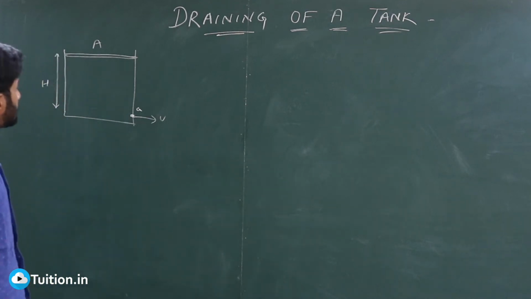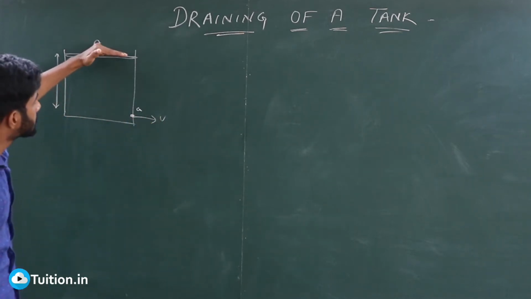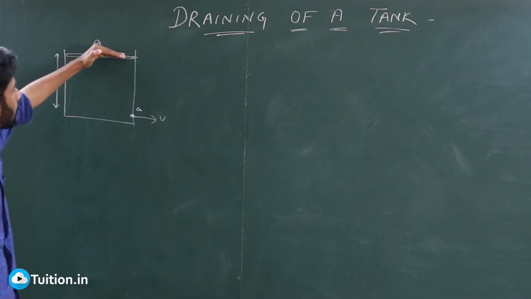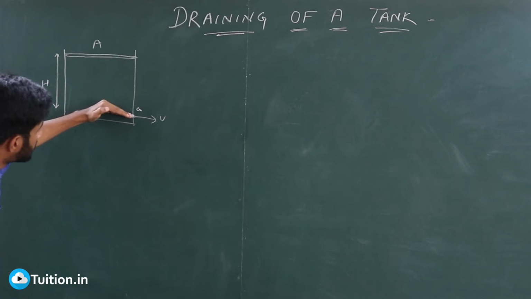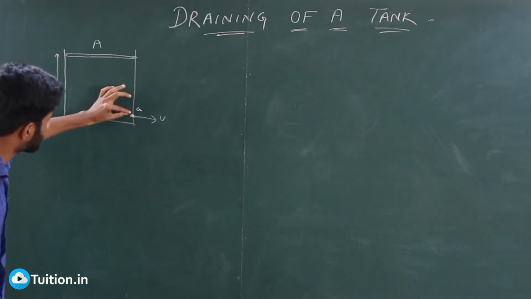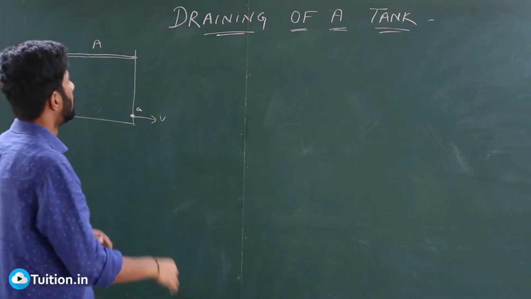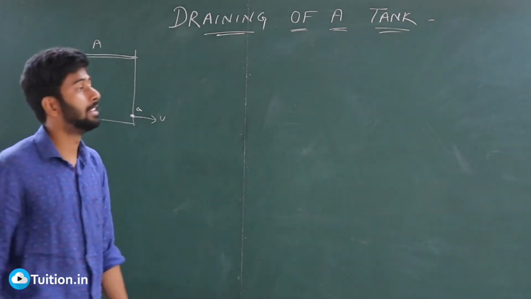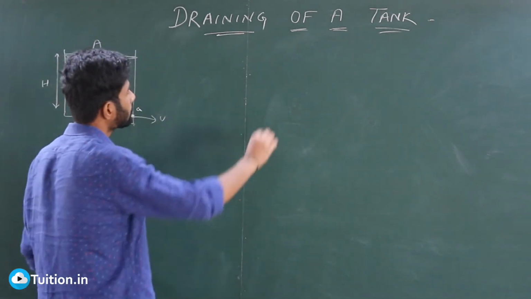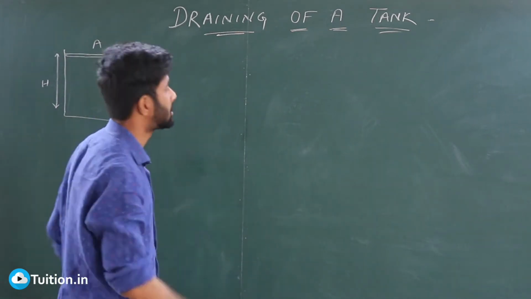Now what we want to know is what is this velocity v, and moreover, how much time will it take for this tank to completely get emptied? For the water level to drop from h to, let's say, completely at the bottom, how much time does it take for that to happen? To solve all of this, we first need to know what Bernoulli's principle is. It's a very simple equation. Let me first write the equation and then tell you when the equation is valid or not.